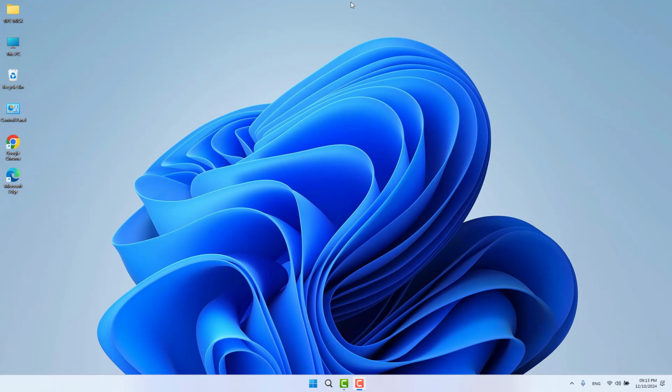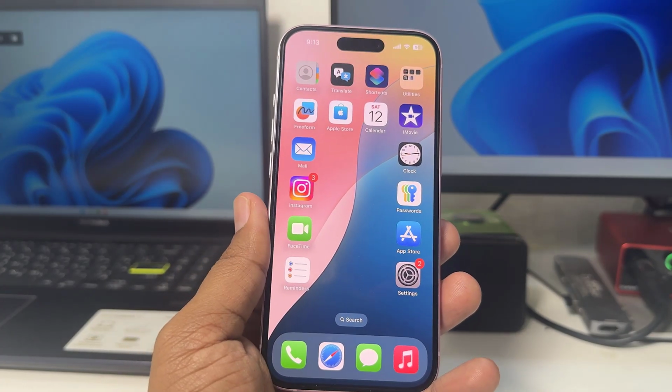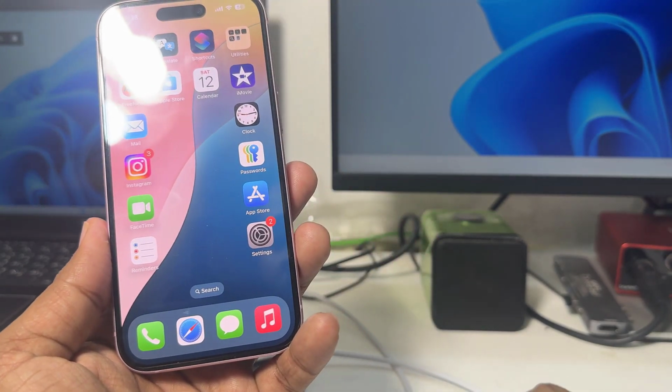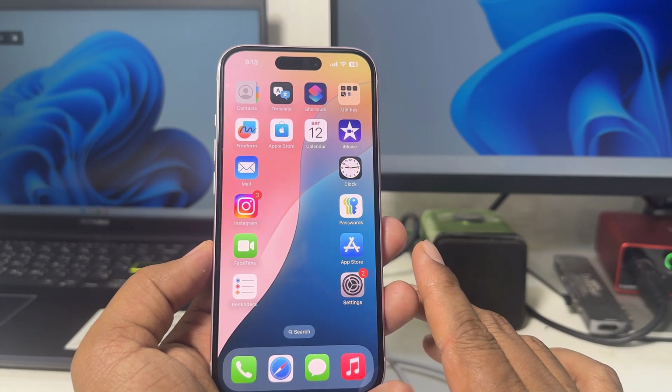In this tutorial I am going to share with you how to transfer photos and video from your iPhone to your desktop or laptop, any Windows PC or laptop. In order to do that, it's really very easy and simple. For example, this is my iPhone 15 and I would like to transfer some pictures from my iPhone to my